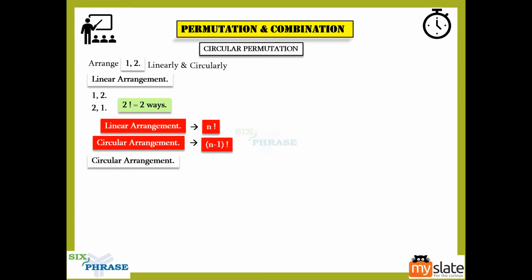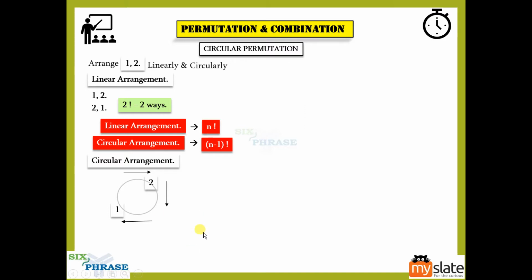Now in circular arrangement, I told you, you start and follow a direction, either clockwise or anti-clockwise. So for the sake of convenience, we'll do clockwise. Now I am going to see, this is a circular permutation, and I'm going to do clockwise. If you see the directions that the arrow marks are pointing towards, it is a clockwise direction.